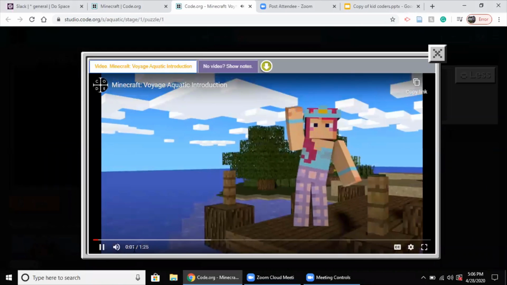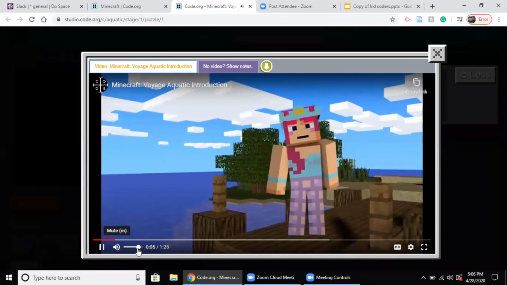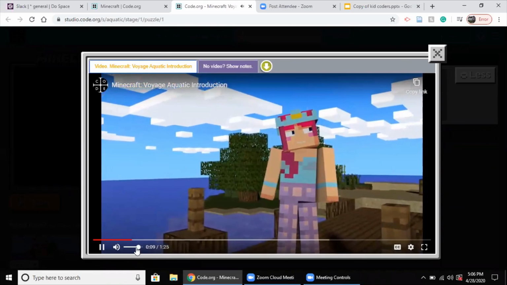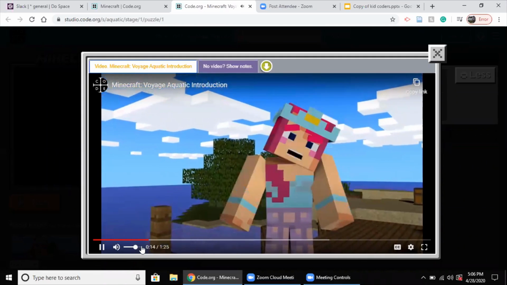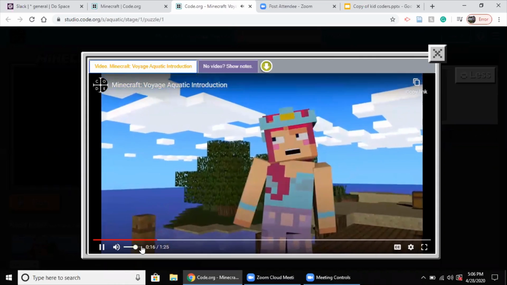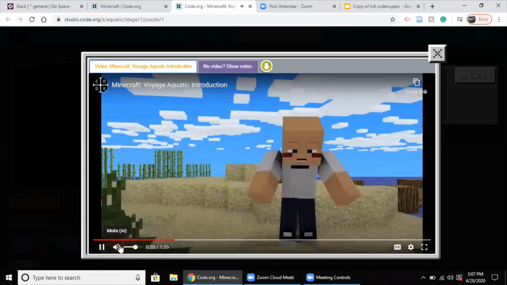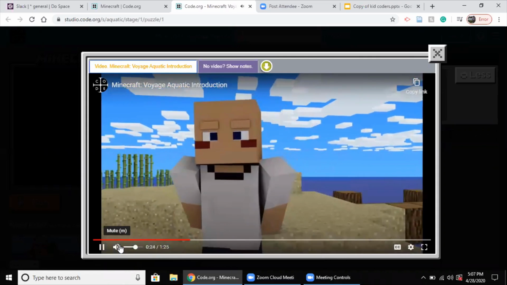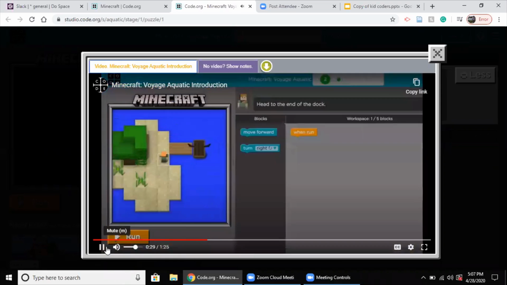Hello, you're just in time. Welcome to the Voyage Aquatic. I'm about to embark on a quest to find hidden underwater treasure, and I'm very glad to have your help. Who knows what we'll encounter along these mysterious waterways? We're meant to meet our first guide somewhere on this dock. Welcome, adventurers. To complete the Voyage Aquatic, you'll need to solve a series of puzzles using code. Here's how it works. Your screen is split into three main parts. On the left, you'll see the Minecraft